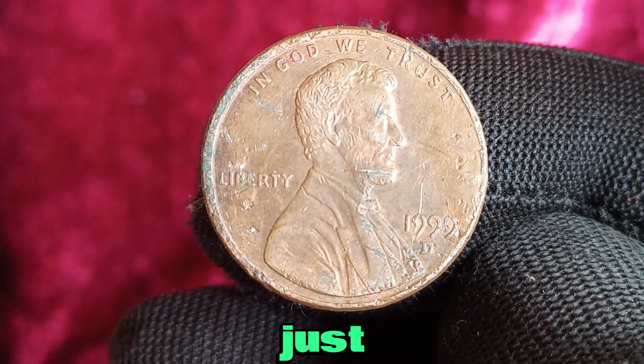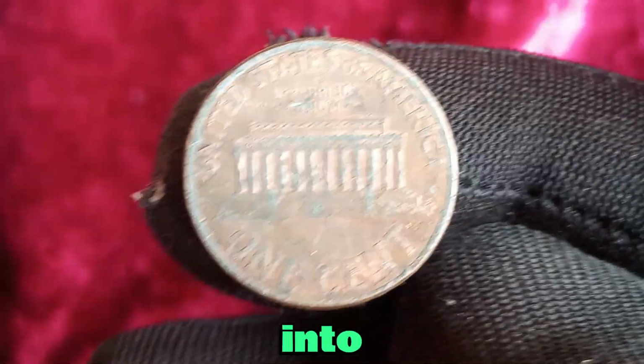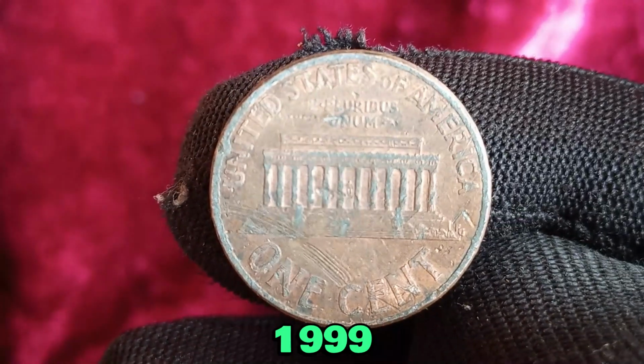This is a penny that might just be sitting in your collection right now, waiting to be discovered. So, let's not waste any more time and get into it. Before we focus on the specific 1999 D